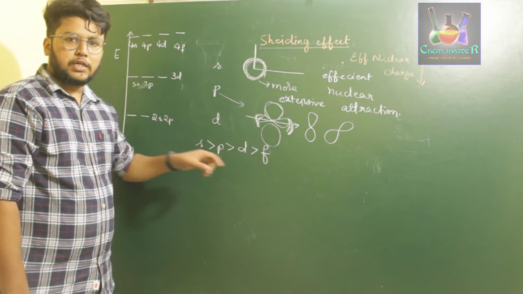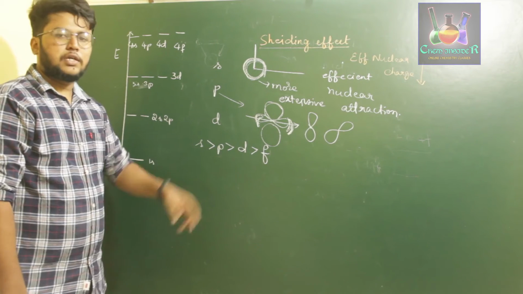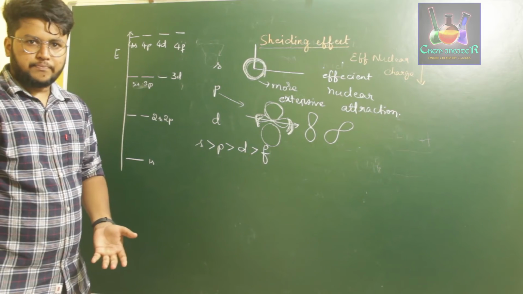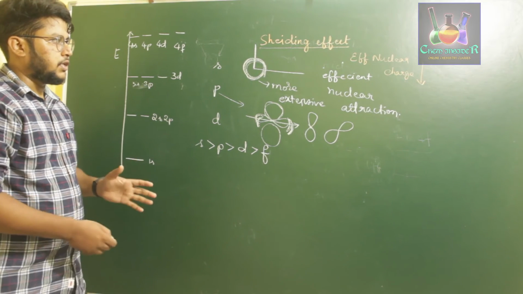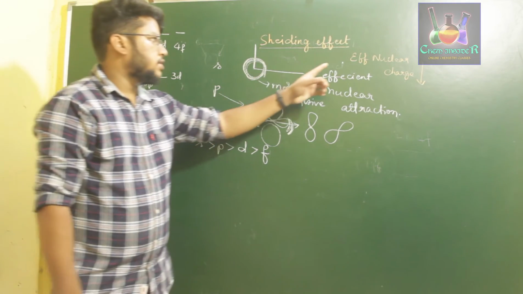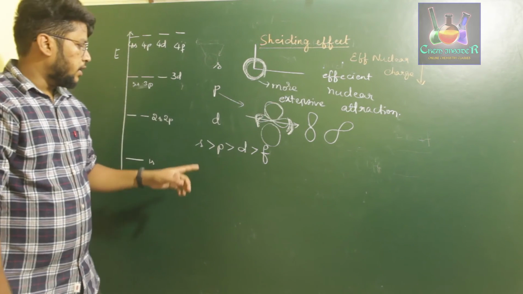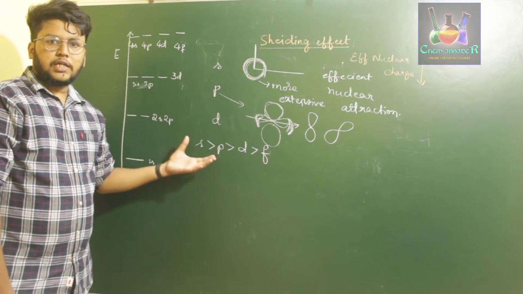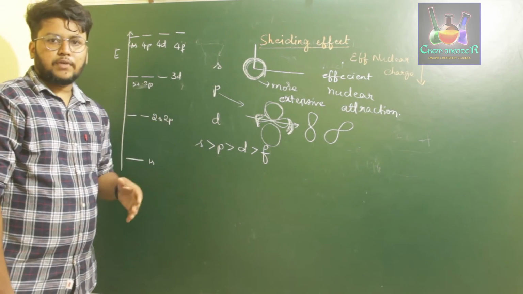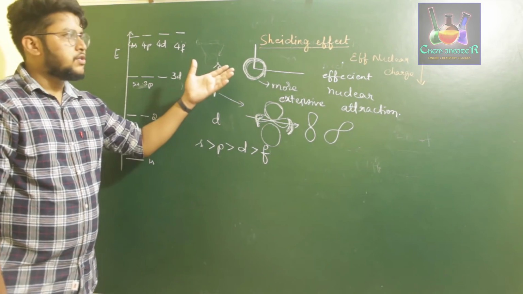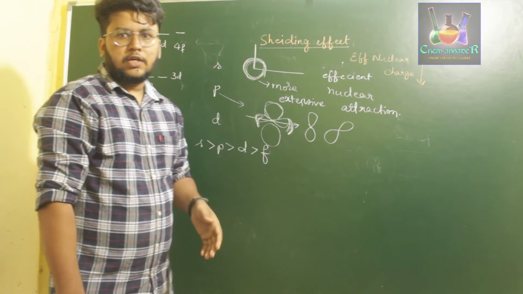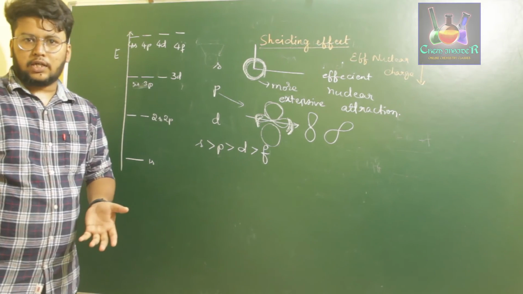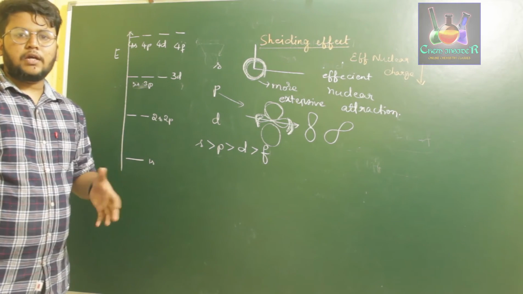If the shielding effect experienced for the given subshells is different, then the energy of those subshells will also be different. So the conclusion is that since the effective nuclear charge depends upon the shielding effect, and the shapes of the orbitals differ from one another, they give different shielding effects. If they give different shielding effects, they will have a different effective nuclear charge. If the nuclear charge changes, the energy may vary again.